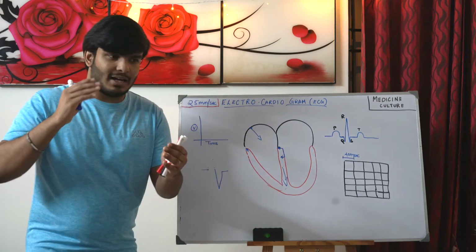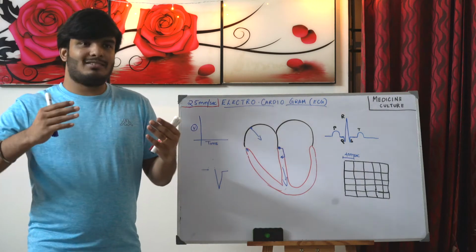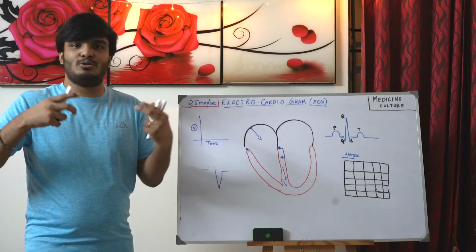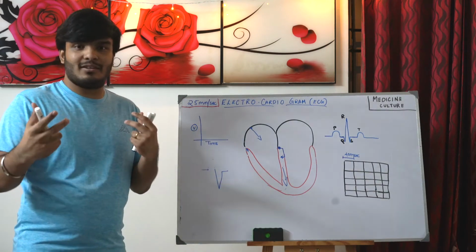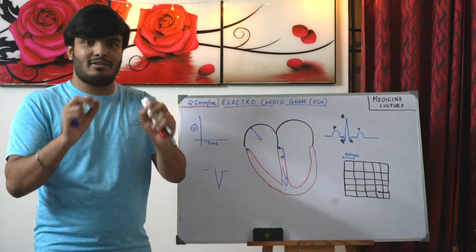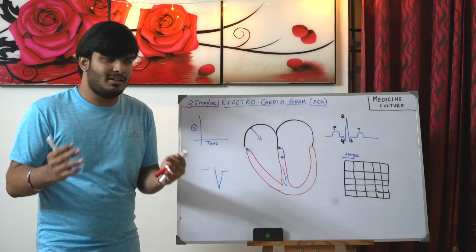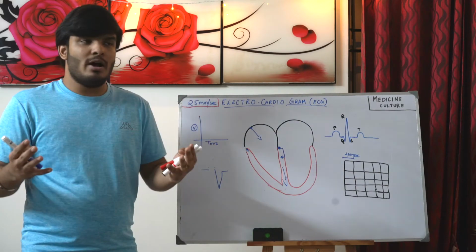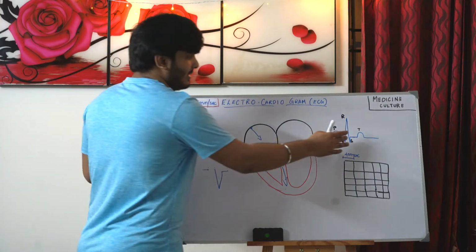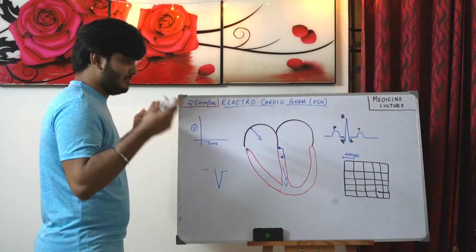So once the current hits, it's like when you touch a socket and get hit by a current, then you do an action. It's the same way when the impulse is traveling and hits the myocyte. After it has finished hitting the myocyte, the ventricles contract and there's no role for current to play at that time. So that's the isoelectric line of the ST segment.